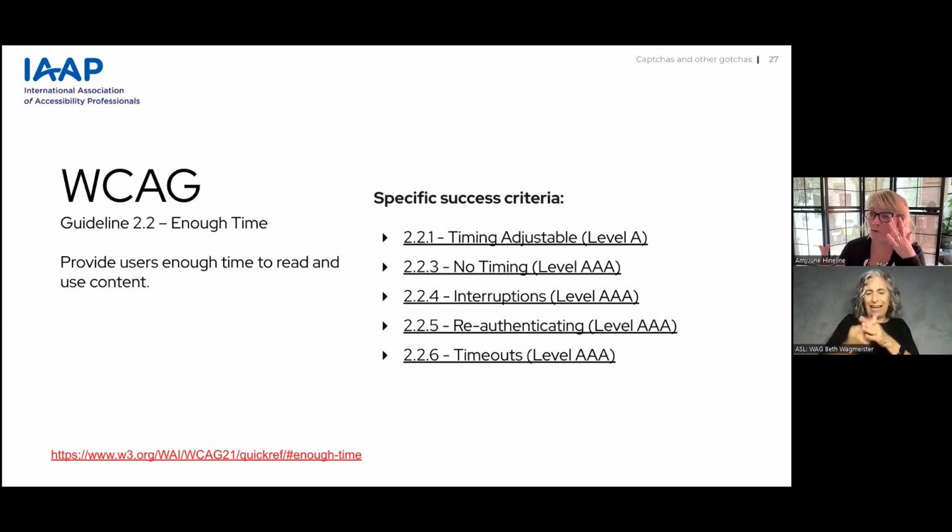Have you ever been on a form and it's timed out and then you go back to it and all of your data is gone? That can be really frustrating. And we want to make sure that certain users are warned of the duration of any user inactivity that could cause data loss. So perhaps, if someone's using a screen reader and they're getting down, we have a timer that might announce, not every second, not every 15 seconds, but at a doable rate, letting them know that their time is running out.